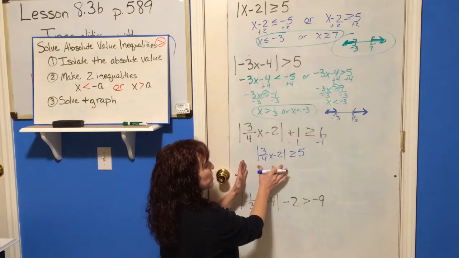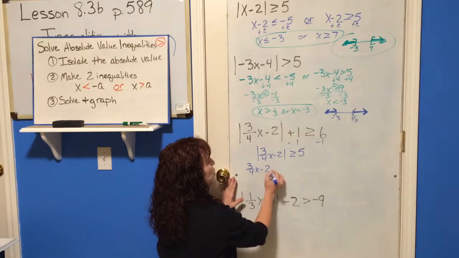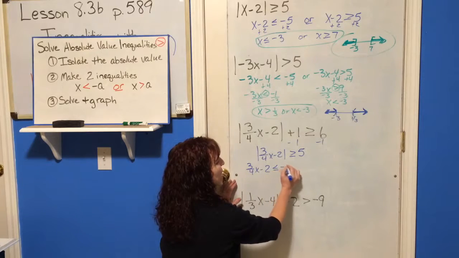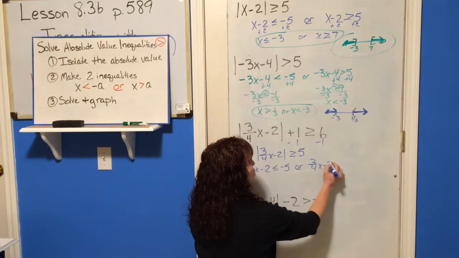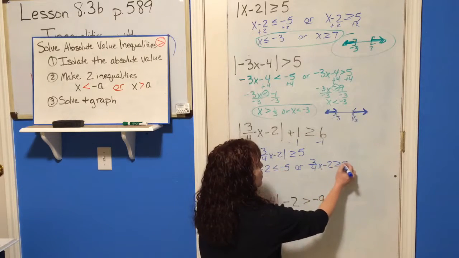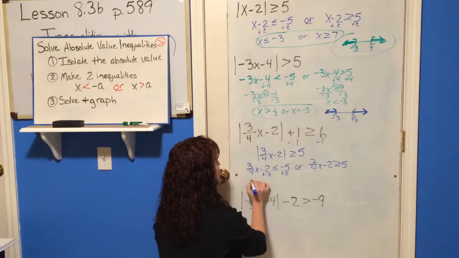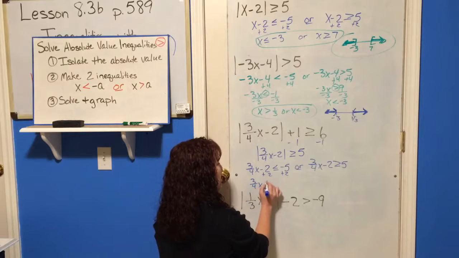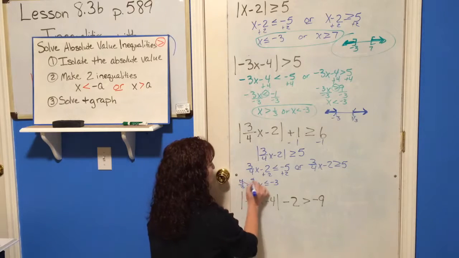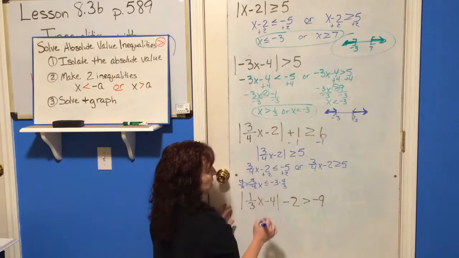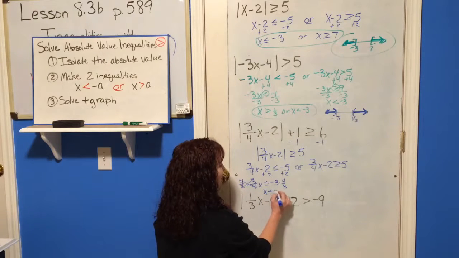Okay, so now remove the absolute values and make your compound inequality. So 3/4 x minus 2, switch it, is less than or equal to -5, or 3/4 x minus 2, leave it all the same, is greater than or equal to 5. Solve. Plus 2 on both sides. 3/4 x is less than or equal to -5 plus 2 is -3, times 4/3 on both sides, and this time it's positive, so I don't have to worry about messing up. X is less than or equal to -4,